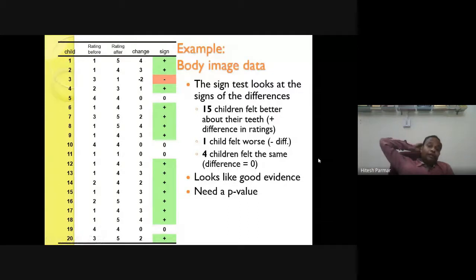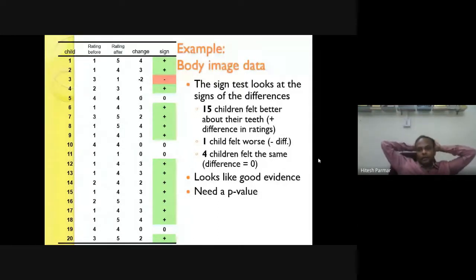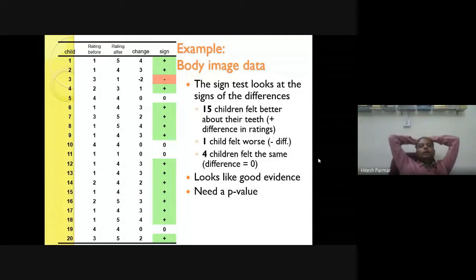If we get more negative signs, then also there is evidence that the null hypothesis can be rejected. So more unbalanced signs will be the indication of rejecting the null hypothesis. Right? So here it is quite possible that the null hypothesis will be rejected, but we require a p-value to take the decision. But this is how the test works, the sign test.